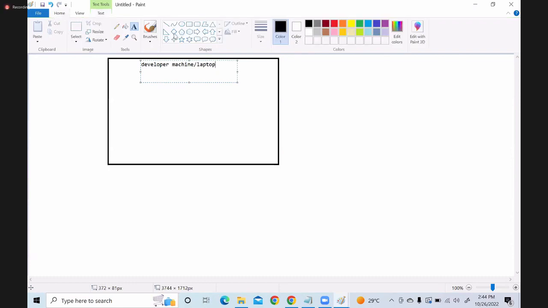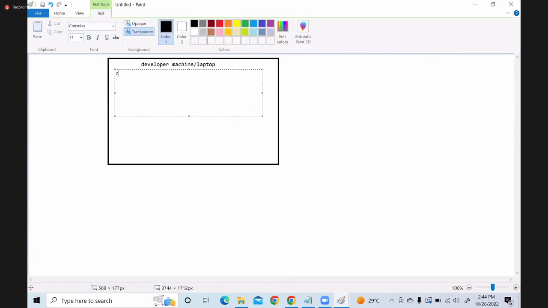This developer machine has created a project folder in the C drive, some project one. This is a folder. Here he has put all the code. All the code related to project one has been copied here.